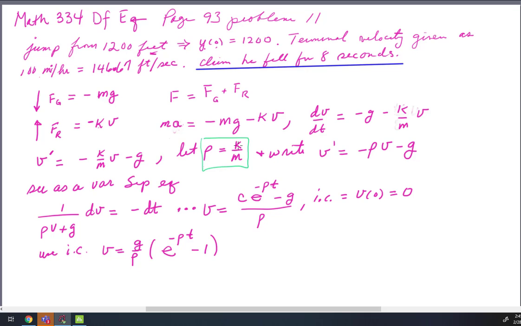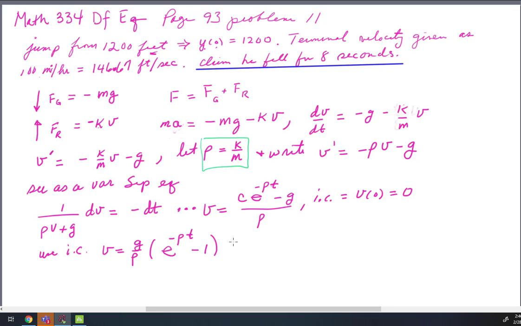We don't know what that is, and K would be a constant, a parameter, but we don't know what that one is either. This would have to do with his form factor as he falls through the sky, and we don't know that. But we can evaluate rho from this equation right here,